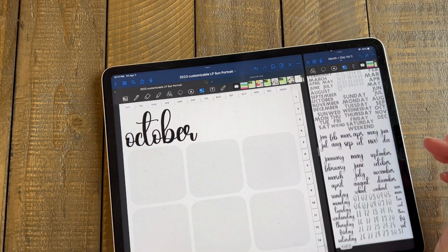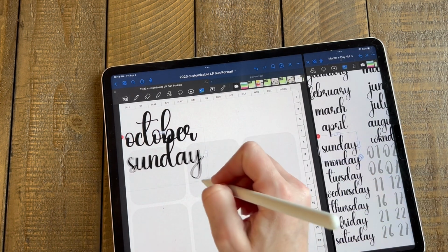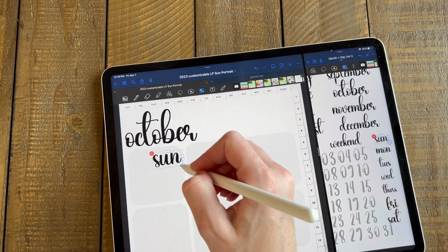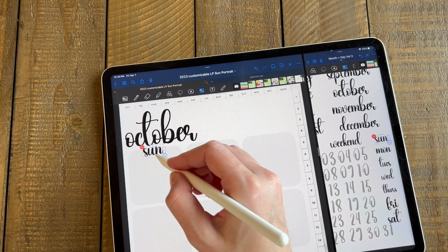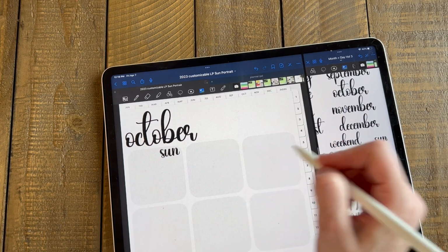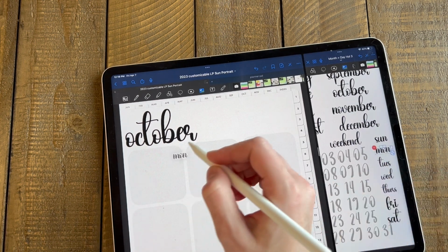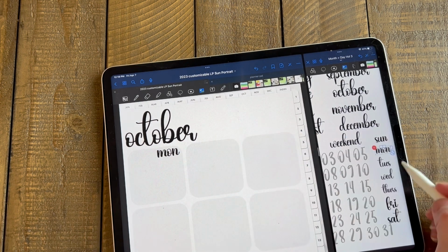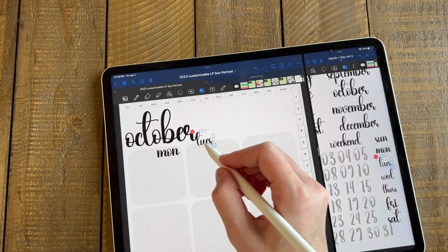And then say we want to use the same font that matches all of it. So we're going to use, or you could use the abbreviated. Let's use the abbreviated here. And you can put these wherever you want them. A lot of times I'll put them center, but let's just do this on this one. So we've got, so I'm going to start with Monday. And this time you can put these wherever you want, but this time I'm going to put them kind of up in this corner here. We've got Monday,